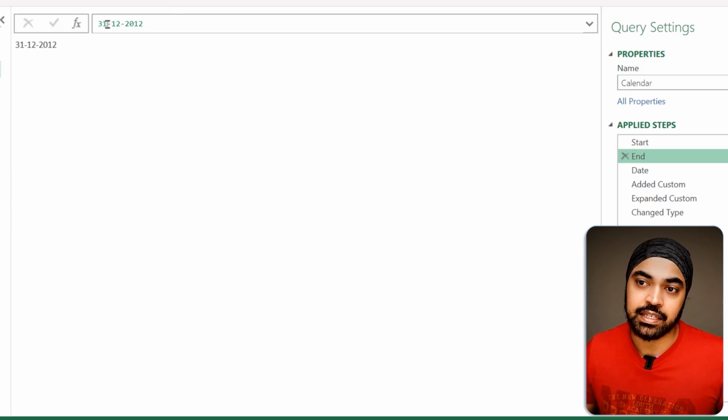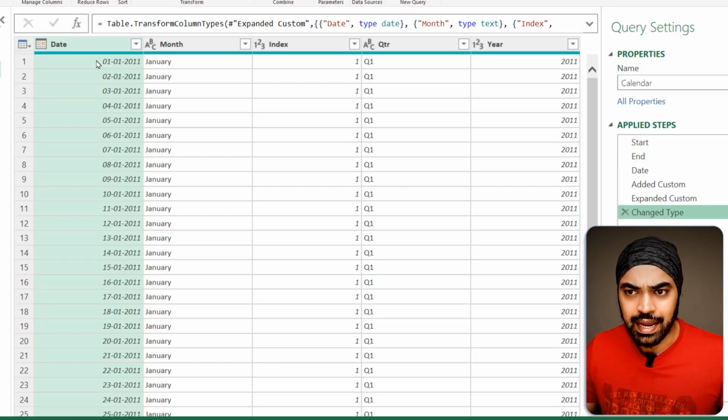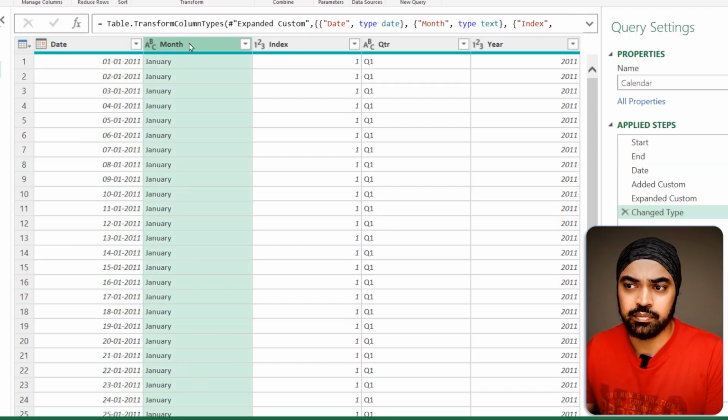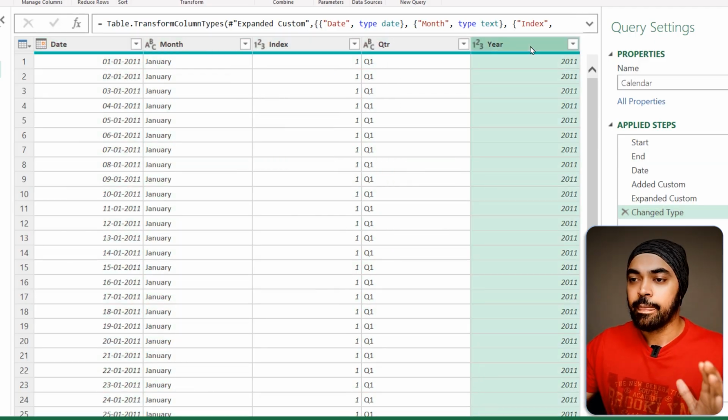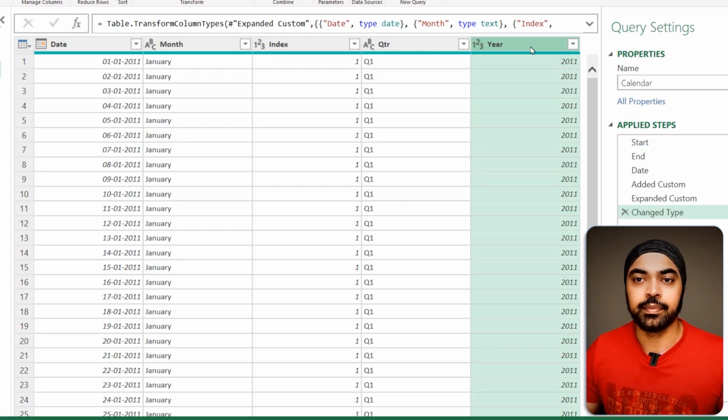And the end date is 31st of December 2012. If you take a look at the last step in Power Query, I get a couple of columns: the date column, the month column, the index column, the quarter column, and the year column. Now, once this particular table has been set up, what we're going to do is click